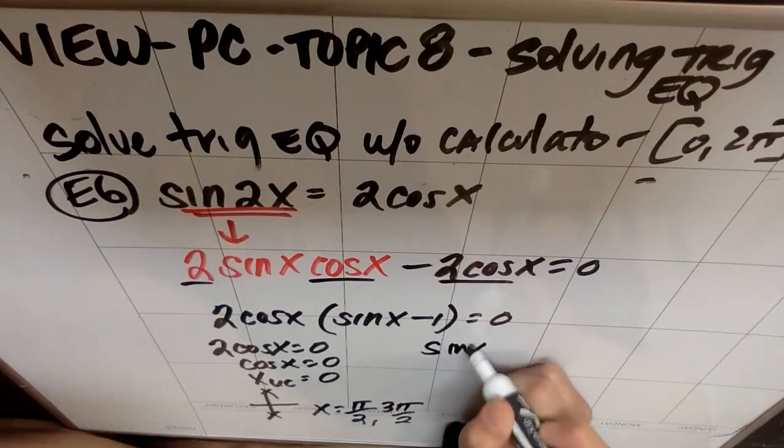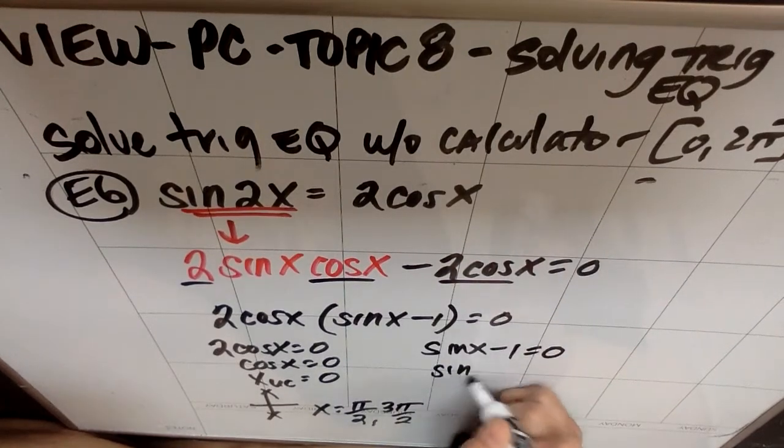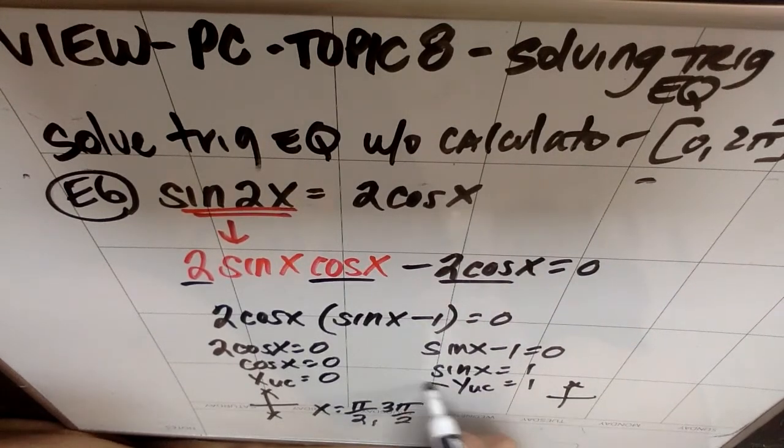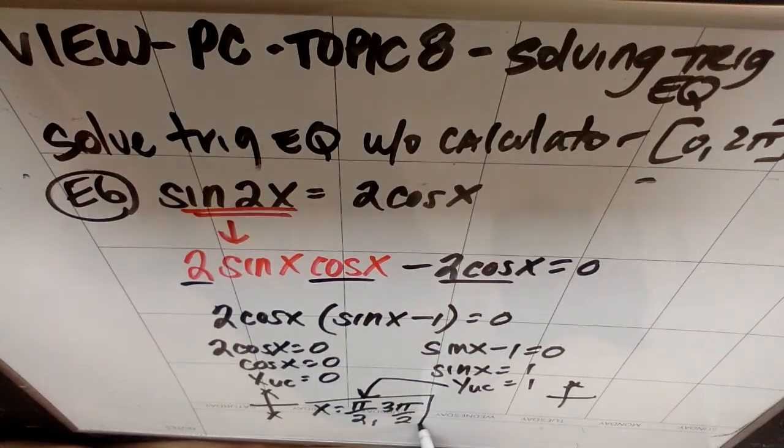Or sine of x minus 1 is 0. So sine of x is 1. That's where the y on the unit circle is 1. Well, that actually turns out to be an answer I already have. That's another pi over 2. That happens at pi over 2. So technically, I have